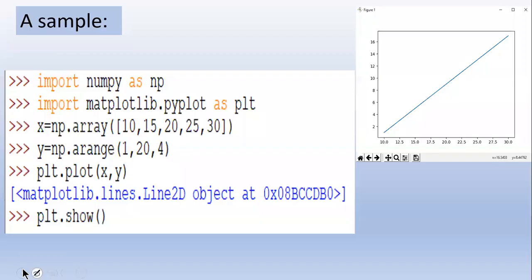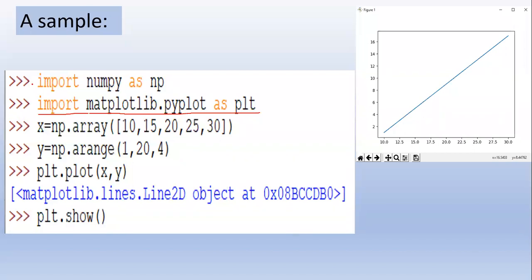Okay, next. So this was the same example. See, two more important lines. Import matplotlib.pyplot as plt. Then provide some values.